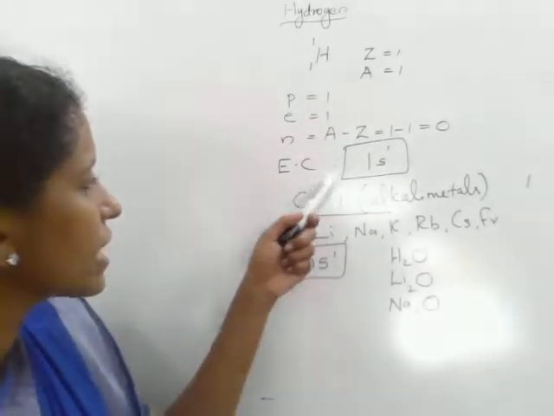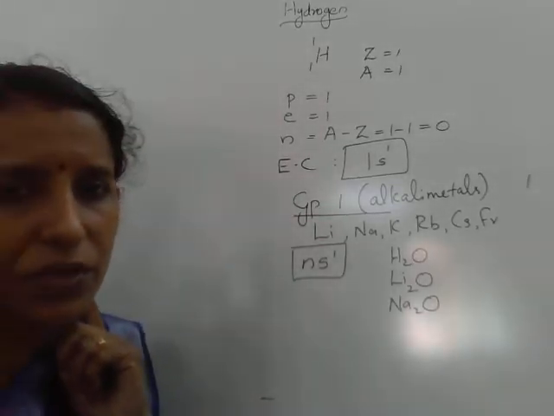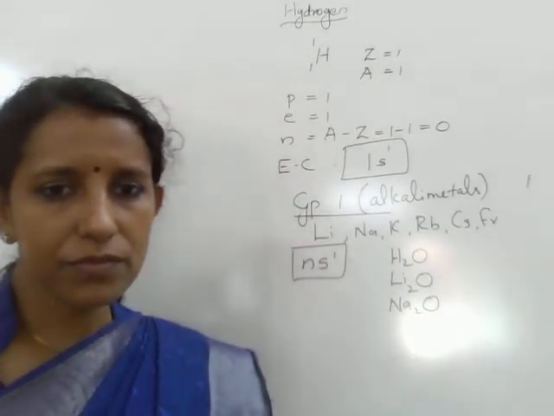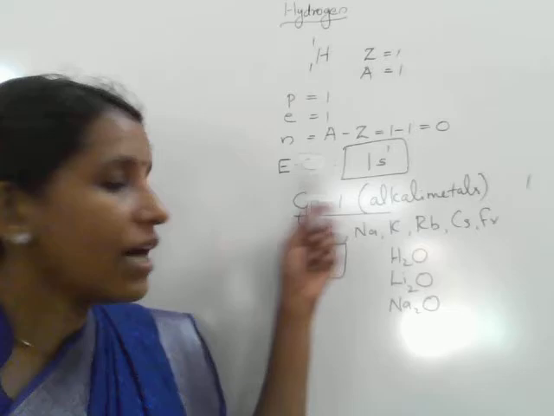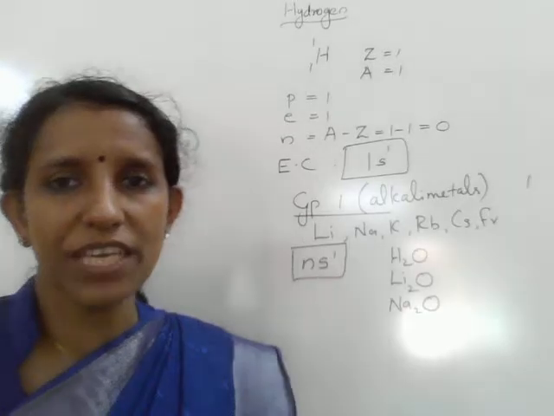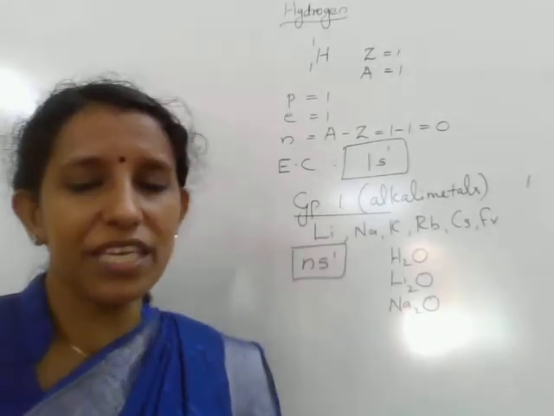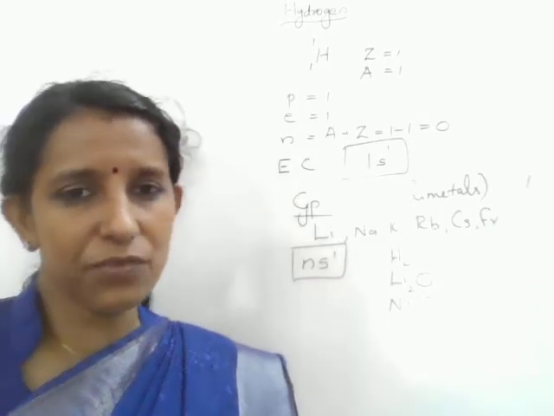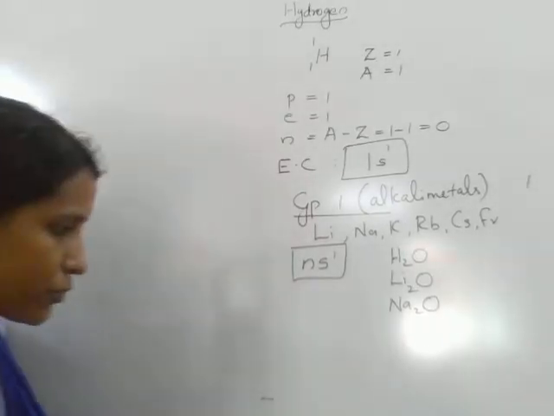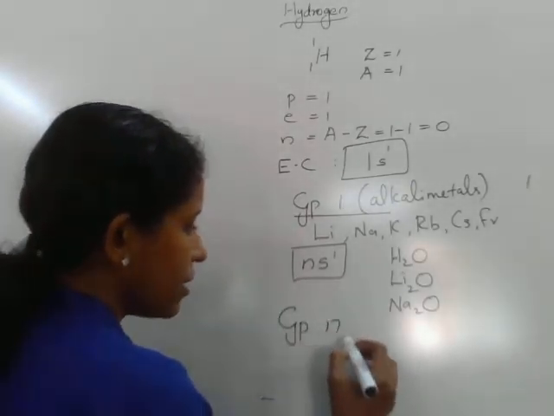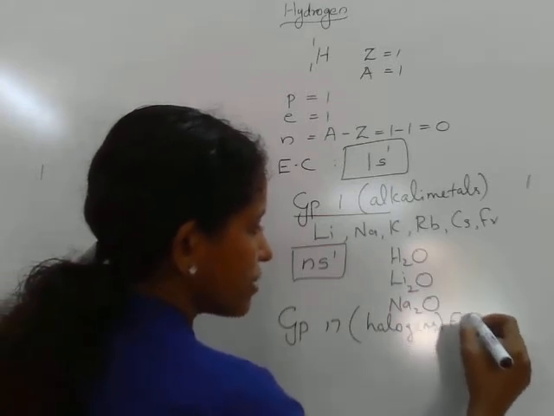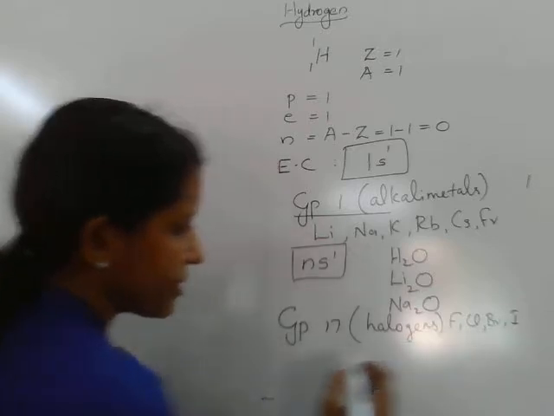Then when we compare this electronic configuration of hydrogen with the other elements in the periodic table, we see that hydrogen has a strong tendency to gain one electron and form the hydride ion. If it gains one electron, it can attain the stability of noble gas configuration, 1s2 configuration, that is helium configuration. K-shell is complete, doublet configuration. So a similar configuration we see in group 17 also. Group 17 elements are known as halogens, the halogen family. The halogens are fluorine, chlorine, bromine, iodine.